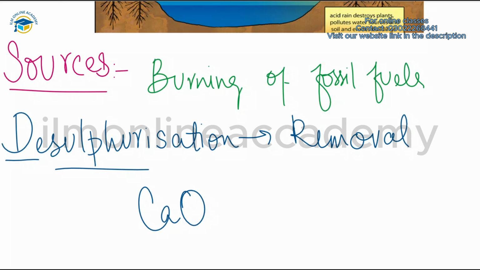To prevent the formation of sulfur dioxide, it is possible to remove most of the sulfur-containing compounds before the combustion. This gives us the ultra low sulfur petrol and diesel, which are required in most countries across the world. So we are done with sulfur dioxide. We read the sources, effects, and also the production. Next we will talk about the next air pollutant, which is oxides of nitrogen.